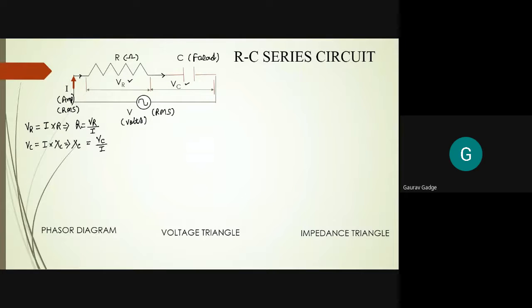Now, make a phasor diagram. Again, the reference phasor is current I, because that is the common element. VR is in the same phase with current, but VC lags current by 90 degrees. VC lags the current by 90 degrees. See, current is leading the voltage in a capacitor, but voltage is lagging the current in a capacitor. So voltage VC is at an angle of 90 degrees. Now that is plus minus 90; minus 90 means lag. Okay.